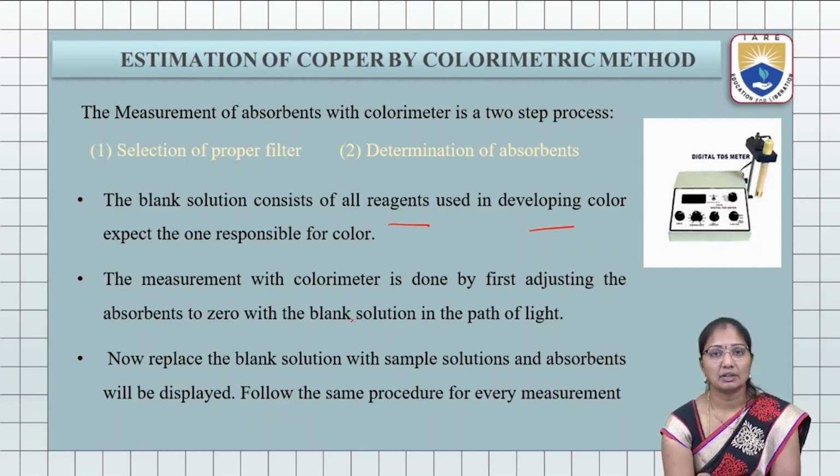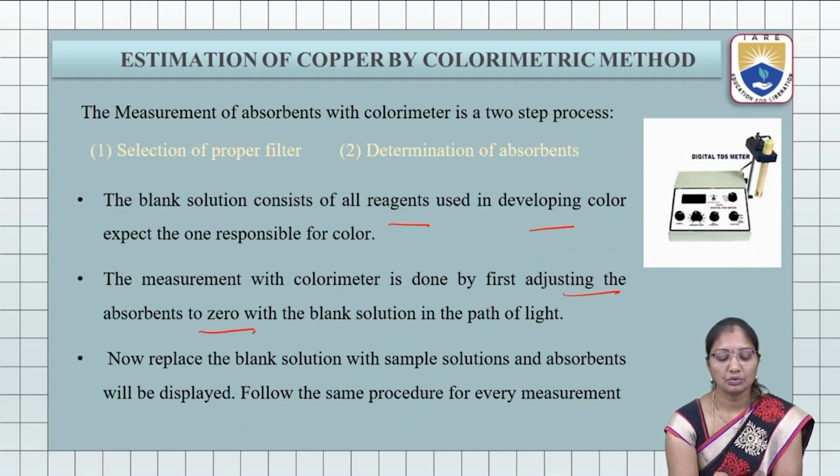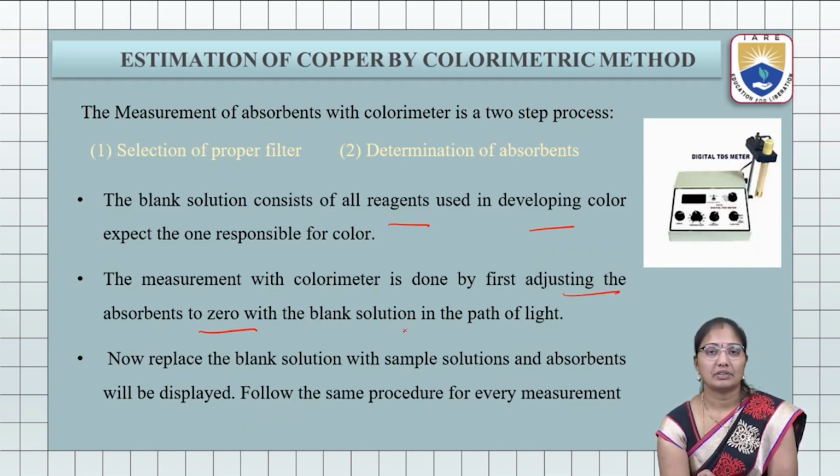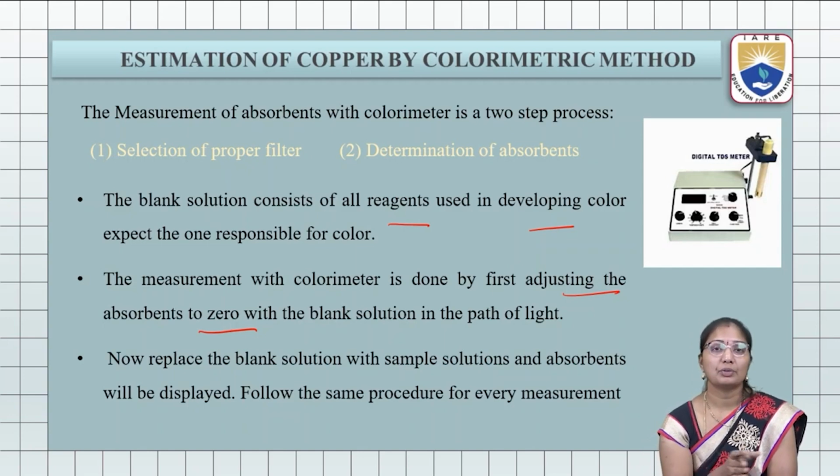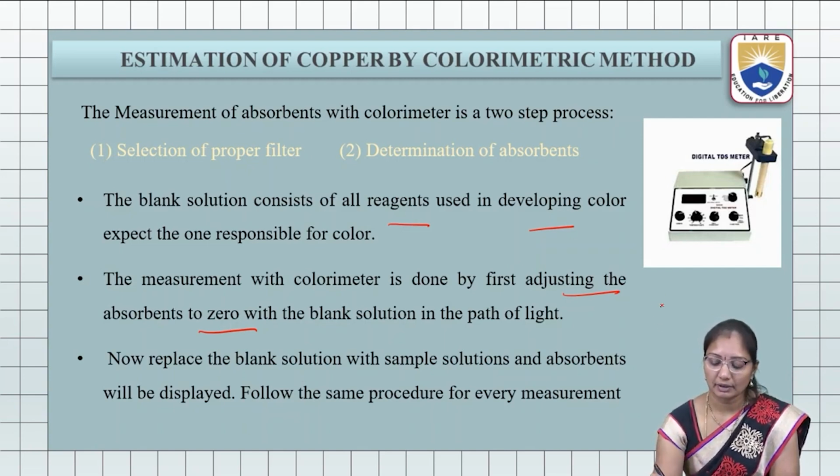So the measurement with colorimetry can be done by, first, setting the absorbance to 0 and the transmittance to 100%. So the light which is passing, 100% transmittance, means the light passing from the source to the detector should be 100%. So that is the stabilization point in the colorimeter. So now take out this blank solution and keep the standard solution in the cuvette holder. Here for colorimetry we will use cuvettes.